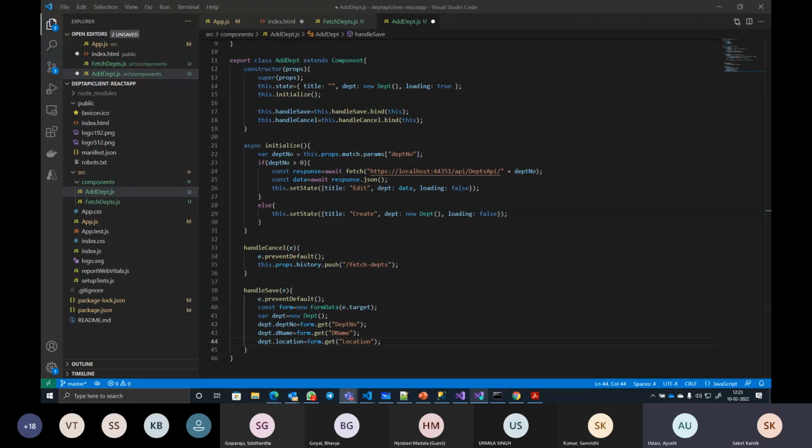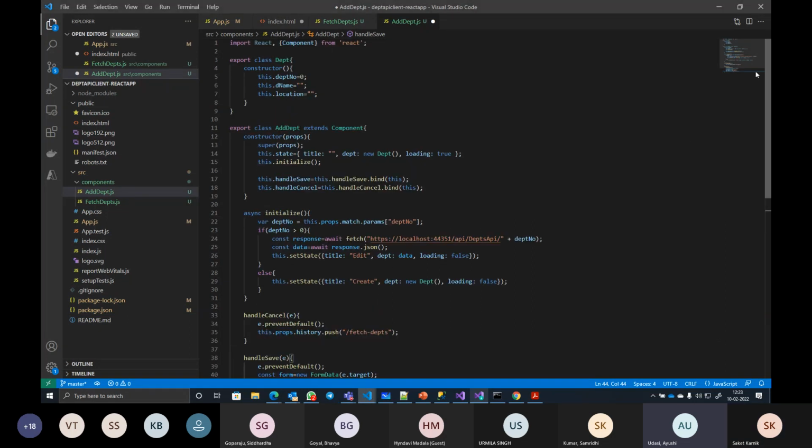What we'll do is we'll discuss this component right from the beginning once more. New component we added here by the name add department. Import statement, I probably need not explain again. Here we have just created a data structure class, just like in entity framework we built the entity class.